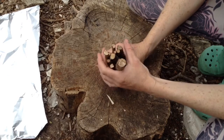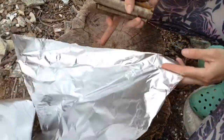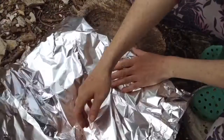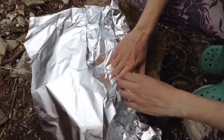So we're going to gather all those up together. Nice bundle. Bring in our tin foil. And it goes into the middle of the foil and just gets wrapped up. Bundled as tightly as you can. And you can see